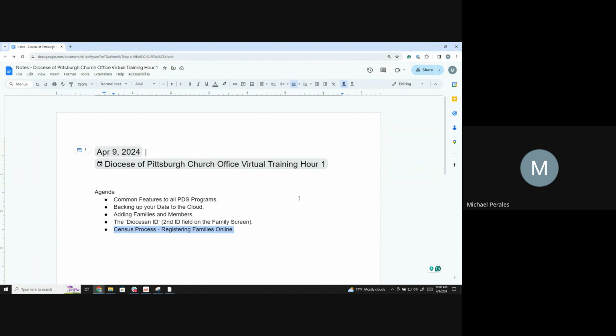Become familiar with those, and hopefully you'll find some time savers in there. The next piece that I want to talk about is backing up your data to the cloud. Now, I did mention processes, and as a matter of fact, registering families online is a process. So you'll always want to consider backing up your data, especially when the program prompts you to back up your data. Now, every PDS program has a default of backing up the data at least once a week,